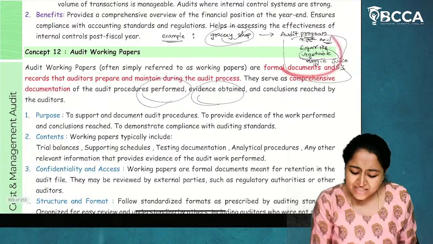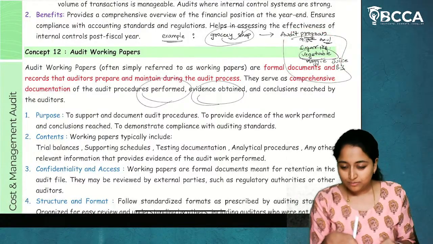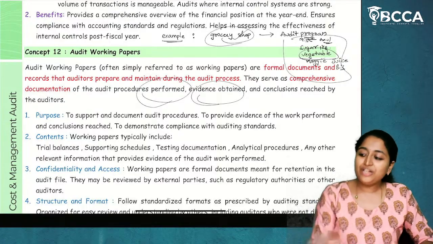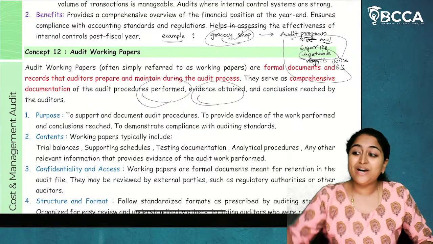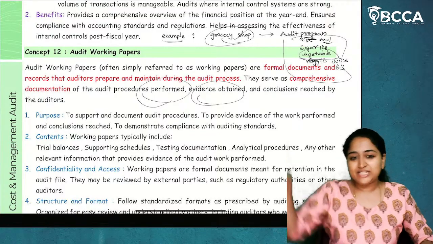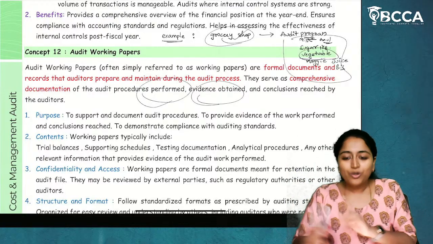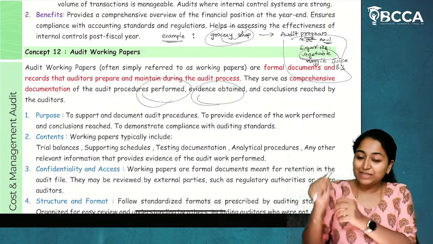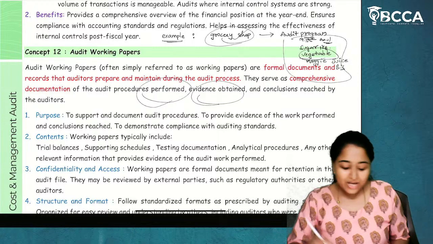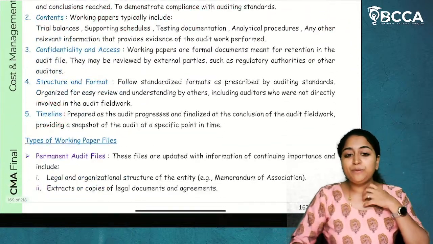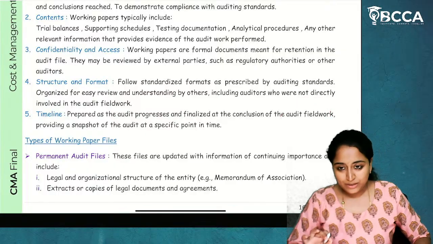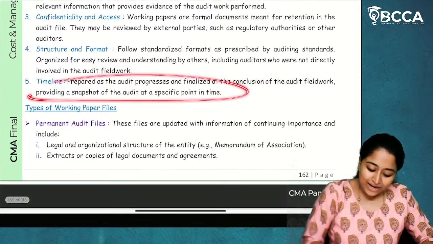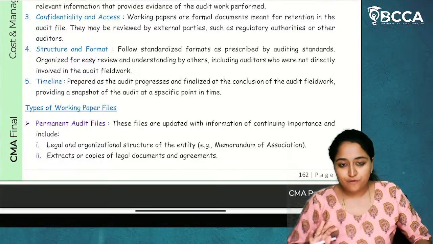Now, when you prepare these audit working papers, if after coming home you write everything and give it to your mom, your mom will not believe it at all. What you have to do is, when you are in the field work itself, which means you are in the store itself, collect all these evidences and put them in the audit working papers. Only then will your mom trust you. Okay, you have gone to the shop, you have taken the picture of the shop and sent it to me. Okay, I'll trust you. So, the audit working paper should be prepared when the auditor is in the audit field work. At the conclusion of audit field work, he will finalize the audit working papers, providing a snapshot of the entire audit which is performed.